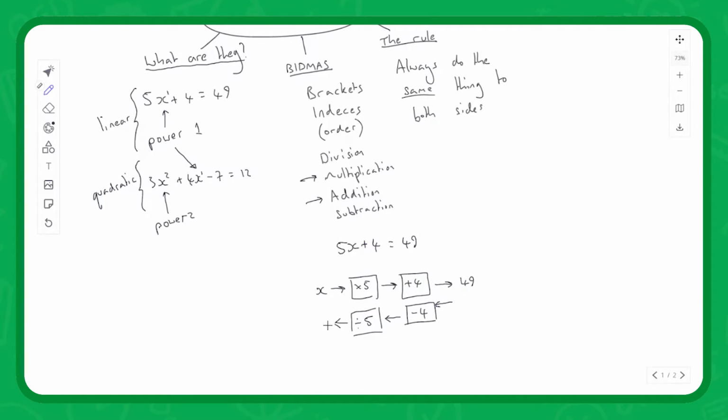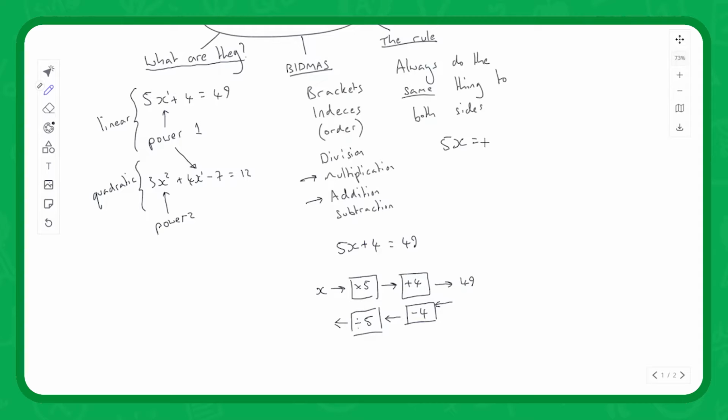We've kind of inadvertently solved the equation. We'll look at this in a couple of examples in the next slide. So that's BIDMAS, and that's how it relates to linear equations. Finally, the rule. So the rule is we always do the same thing to both sides. And this becomes very obvious when we actually look at a very similar example, right? So we could do, say,